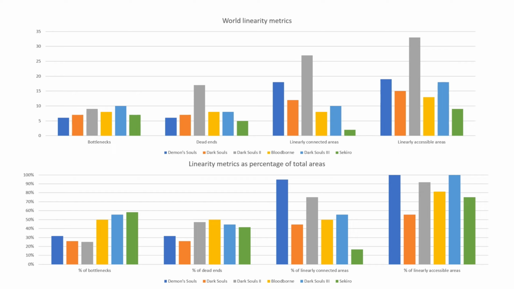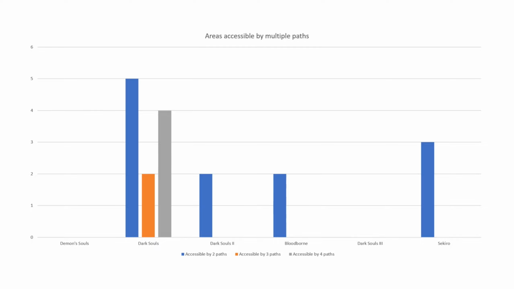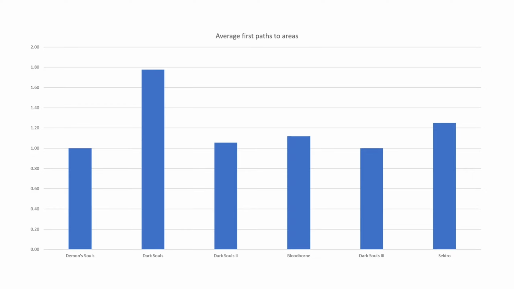You might be asking why I'm looking at this in a binary way. Either an area is linearly accessible or not. What about how non-linearly it can be accessed? How many different paths are there? Well, the comparison for this looks quite sad, since only DS1 has areas accessible by more than 2 paths. It actually has more accessible by 4 than by 3 paths. Looking at the averages, the result is quite close to an inverse of the linearly accessible areas chart. Sekiro fares a bit better, since it has 3 areas with 2 entryways. Keep in mind that the minimum value in this chart is 1, since there needs to be at least one